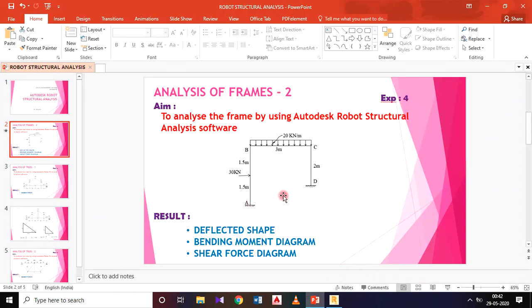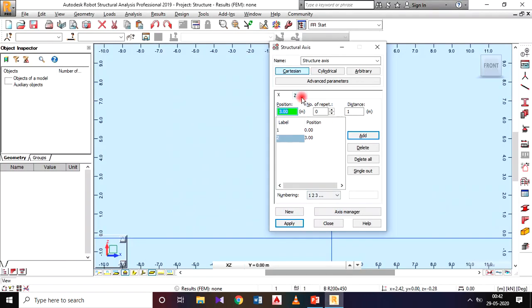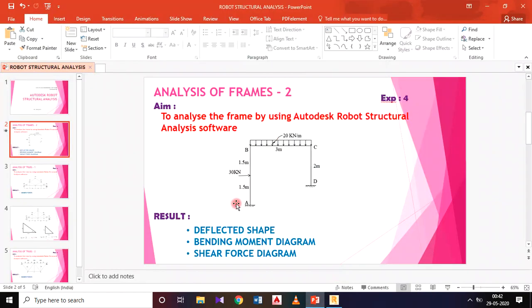Then I need it in the z axis. It is 0, then 1.5, and plus 1.5 means it is 3. First one, go for the z, 0 add, then 1.5 add, then plus 1.5, nothing but 3 add. Just see here: 0, 1.5 and 1.5 is 3.